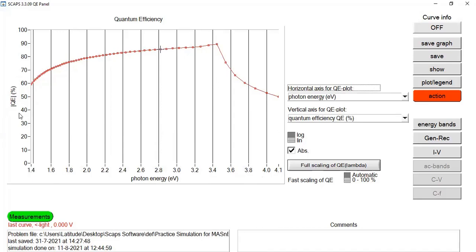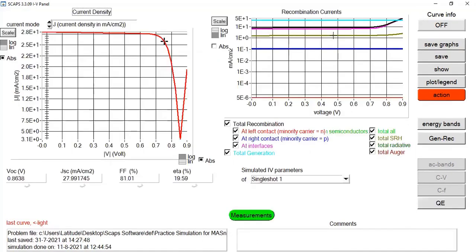Now, the next thing I'm going to explain: someone can also get data from the SCAPS simulation tool and just put the data in other software like Origin and get a better graphical representation as well. So I'm going to go back once again to my IV characteristic curve so that I can show you how we can compute some tentative values, how we can extract some values, and how we can put these values in other software like Origin, and we can get some better plots.